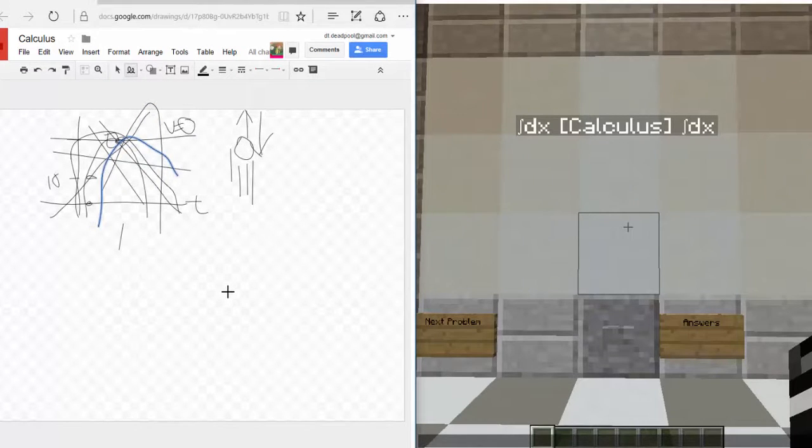Okay. So we're going to ignore that because that's physics. We're going to talk about the math part because that's calculus. So the equation for a right side up kind of U like that, which is a parabola, is x squared, okay? What we want to find is the derivative of x squared, which is d dx of x squared. That's just something they use as, I'm taking the derivative of this. It's like a math operator.